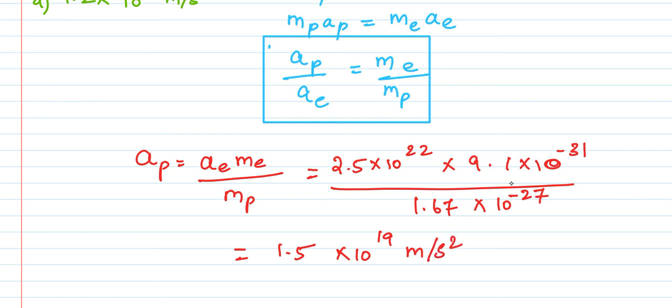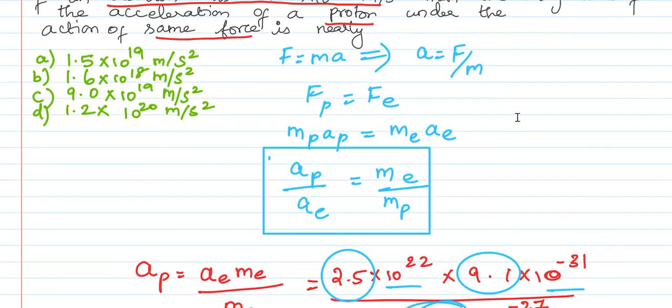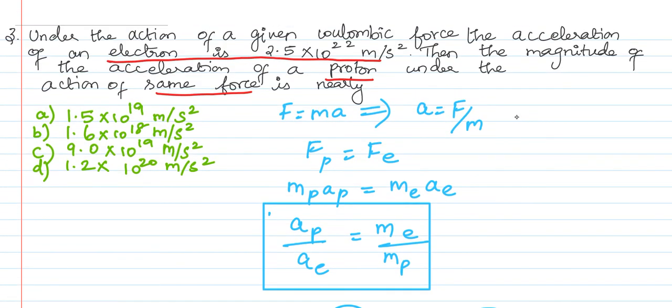How to do the mathematical operation? Once again, I will give you a simple technique. Go for the powers first and then go for the whole numbers. You can go in that manner, divide and multiply, and then you can go for approximated calculation also. Work accordingly to obtain the answer which relates to your given options. So the correct answer here is 1.5 into 10 to the power of 19 meter per second square.